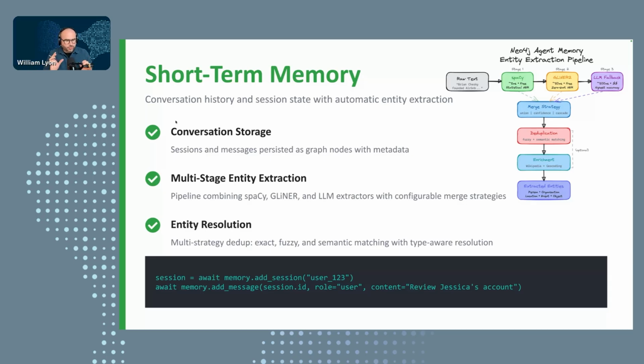So we're talking about conversational, unstructured data, conversations with an agent, and in that text we're going to be mentioning things, right? We're going to be mentioning customers or products, accounts. We need to go through this entity extraction and entity resolution phase to understand what is the actual thing that we're talking about. And applying just an LLM-only approach to entity extraction and entity resolution can be quite slow